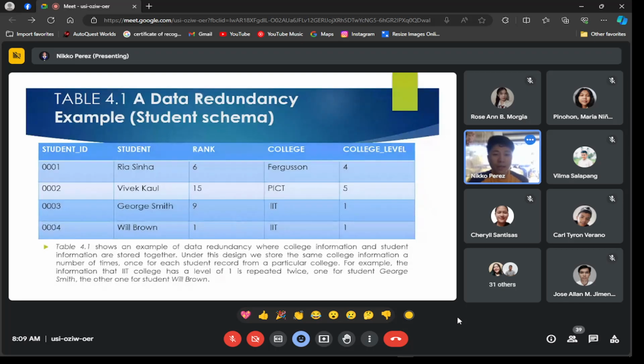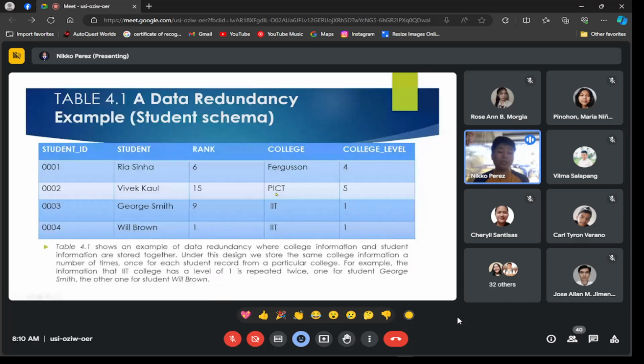So going back, let me just go back to my slides. So if you notice here, the concern is the repeated value for our college IIT and the college level 1, because the college and the college level should have an equivalent data or record. IIT should be a college level 1. But there are a lot of situations in which each of these colleges